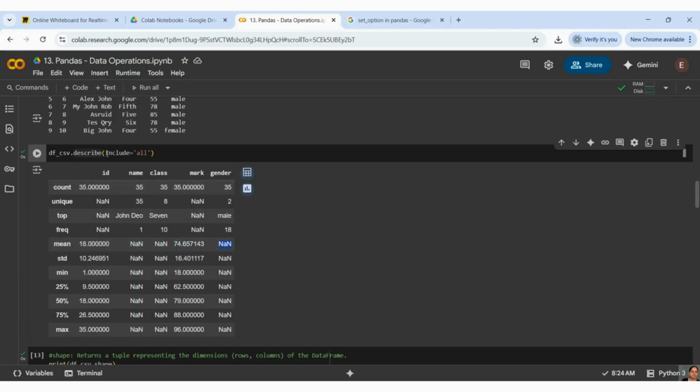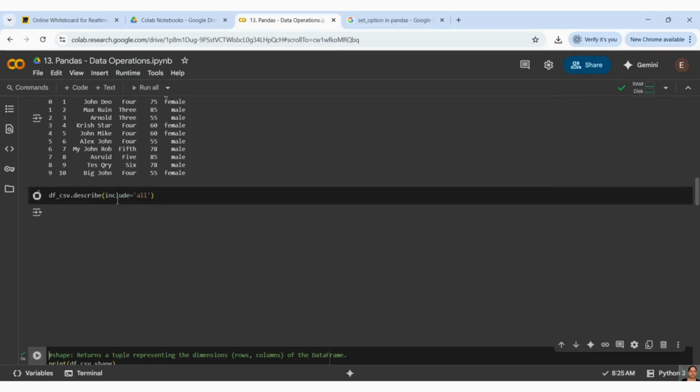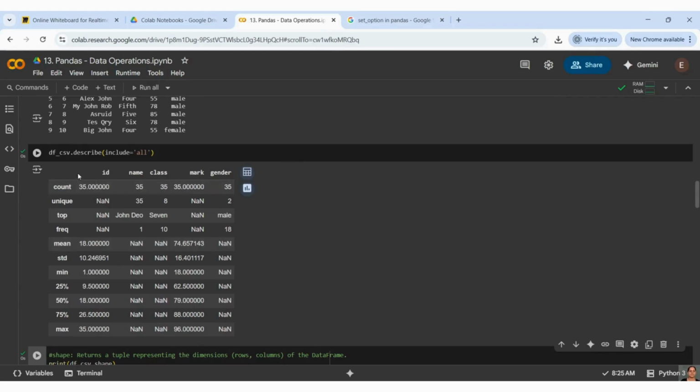If we remove include all, it will just give you only those particular columns which have numerical values, and it will give all those values for them, like count, mean, STD, minimum value, 25%, 50%, only for those columns. So this is how you can get your describe for numerical. And if you want to include all, you can just write include equal to all. With this, it is going to give you a summary of all columns here.